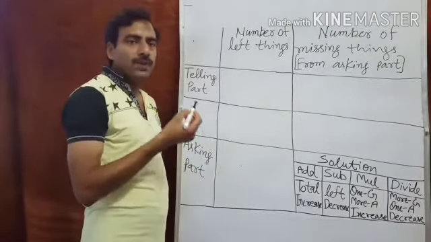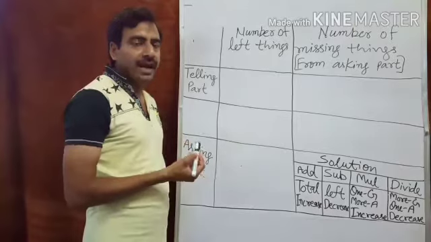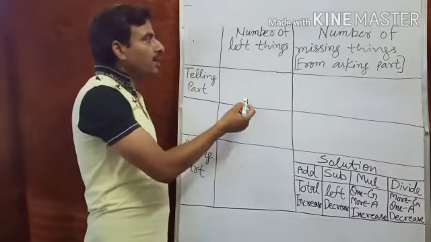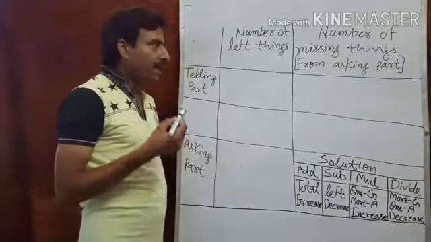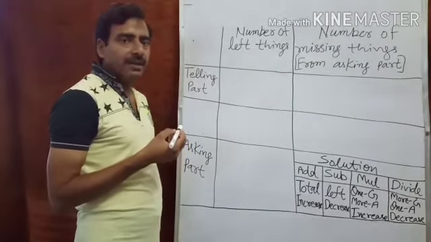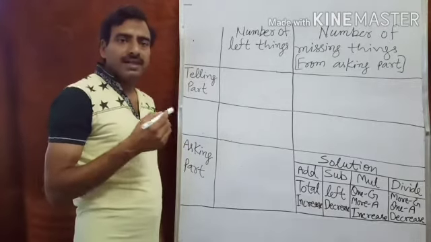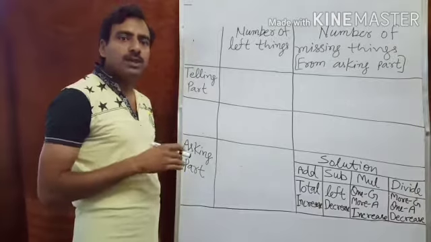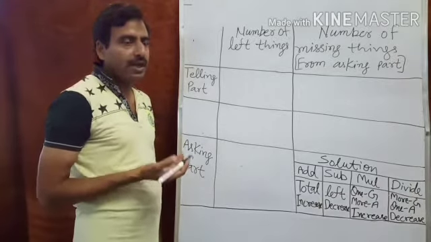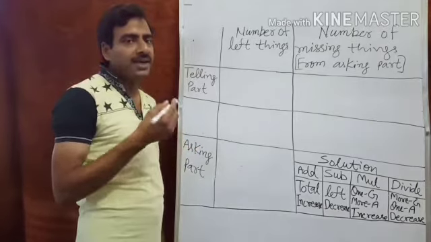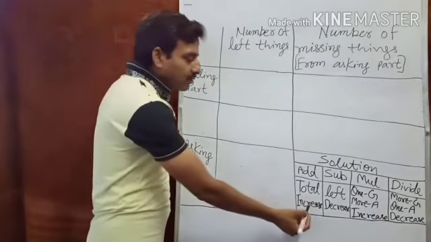It is called, in my point of view, the given-ask method. I will try to teach you this formula through some examples. Like in a question it is given: Ram is having 2 balls and Shyam is having 2 balls. How many balls do they have altogether? Consider the balls: will the number of balls increase or decrease? The number of balls will increase.